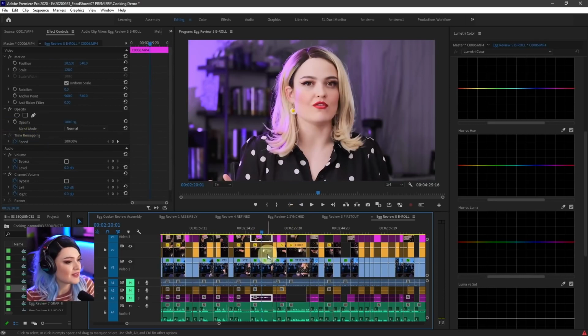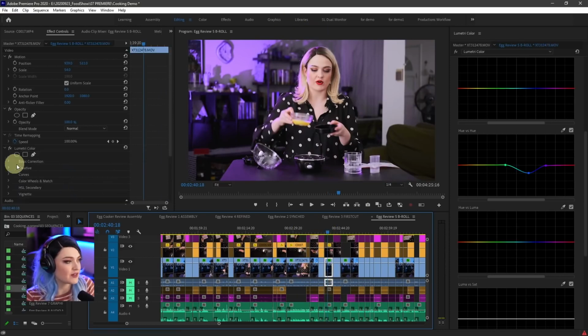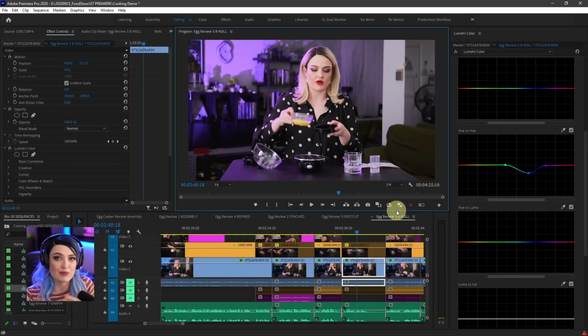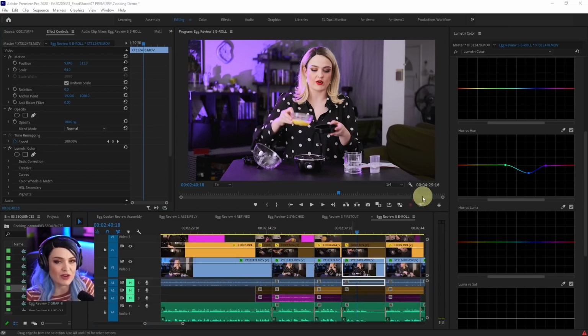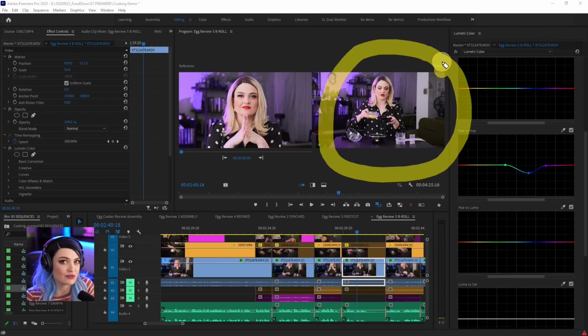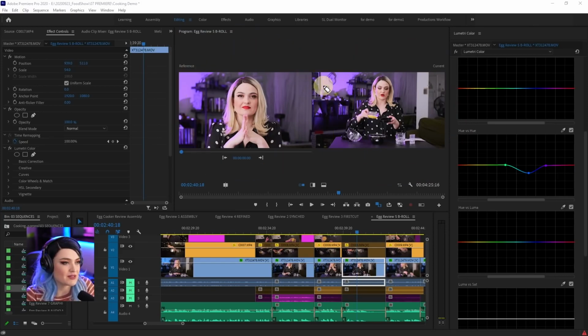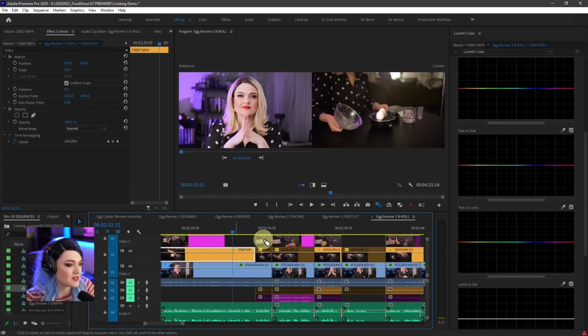So you can see it's applied now to all of the camera A clips here. For the camera B clips, these orange colored, mango colored clips right here, what I want to do is kind of match it to the wide, to camera A. So I'll go to comparison view, which is right here. And this is the clip that I'm trying to change, and this is the clip that I'm trying to match, right? So the clip that I'm trying to change, let's say, is this one, this